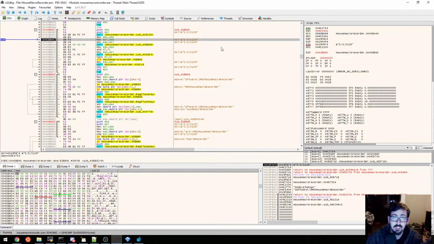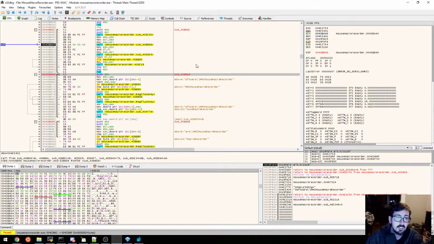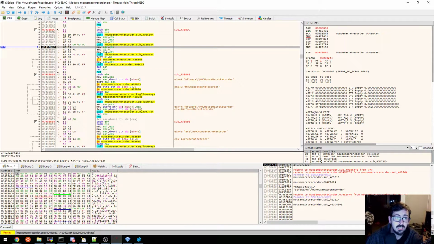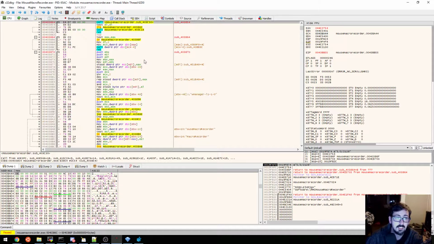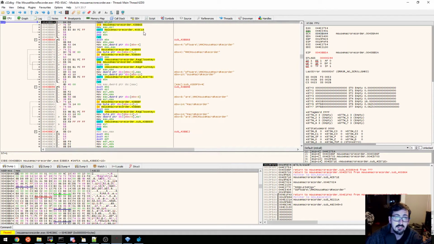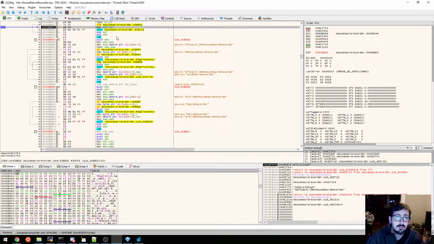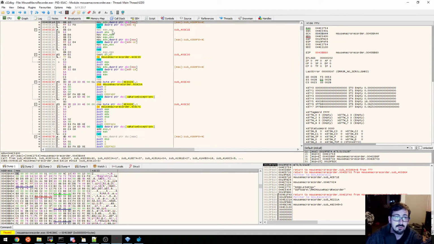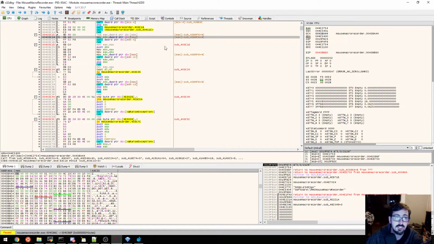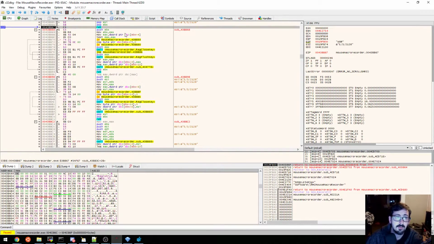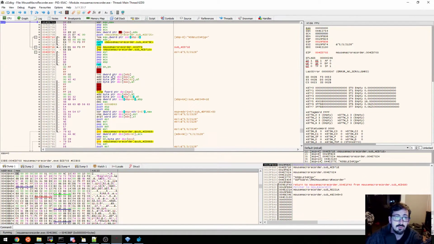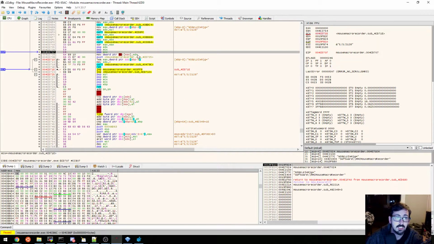Move EBX, EDX. Comes on over there. Test DL, jump if less than or equal. It comes out here. Otherwise, it goes through here. EDX, okay. Pop, pop. Return, return. XOR.